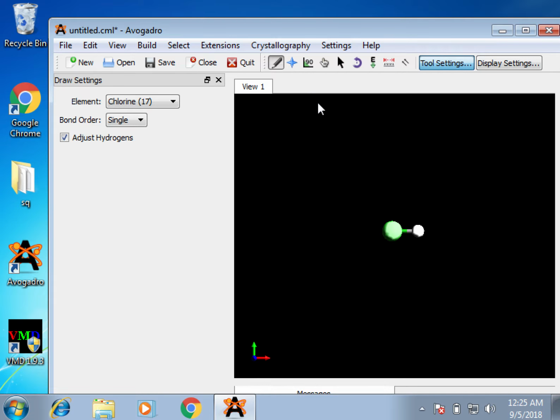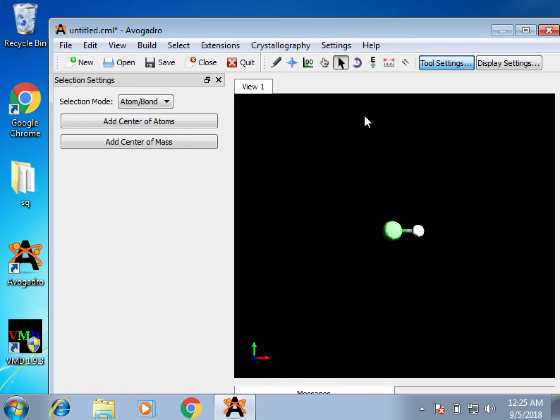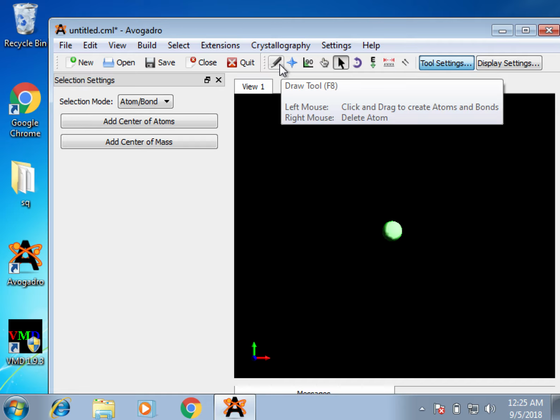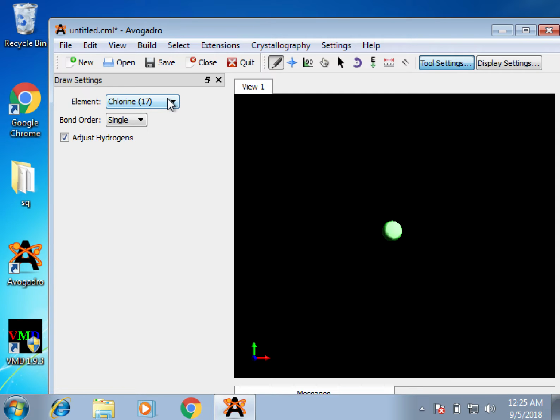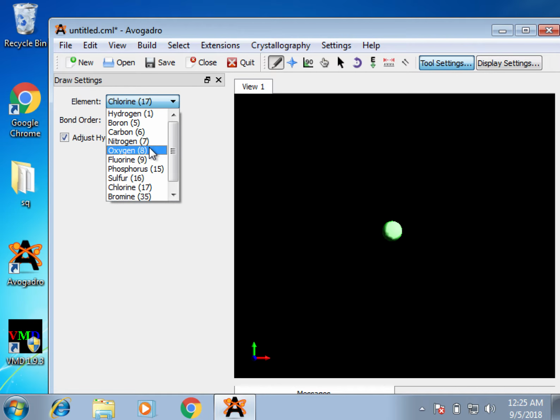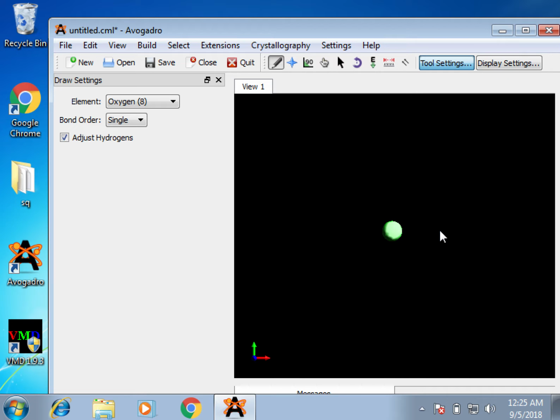So we don't want the hydrochloric. We want just only the chloride ion. So what I do is I'm going to the selection tool and click select the hydrogen atom and push backspace to delete it. Okay, and then back to the drawing tool and choose an oxygen in order to draw a